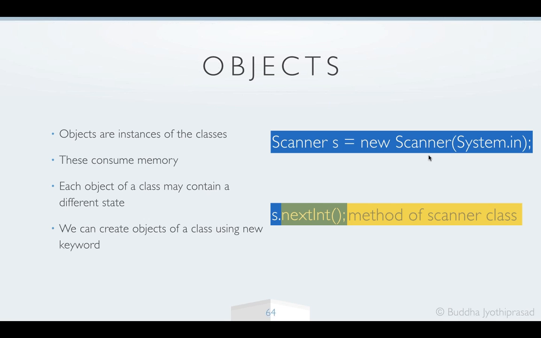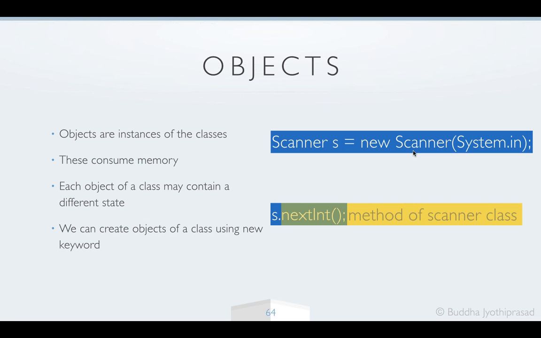So now when we are calling this method, that method is actually coded in the Scanner class. So why do we create a class? So that we can define all the methods or the operations that can be done on a specific entity, and the different data elements it can hold. Assume that Scanner s equals new Scanner of System.in is a way of creating s objects, right? So what are we doing when we are passing System.in? We are passing it some data while creating the object. So that data will be stored. So when we say s.nextInt, now it knows that it has to read from System.in.